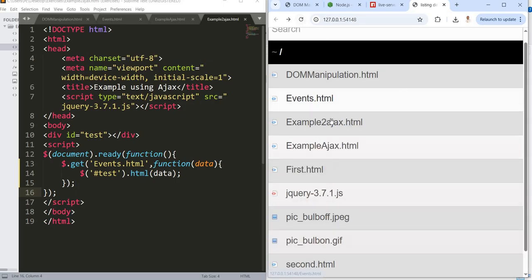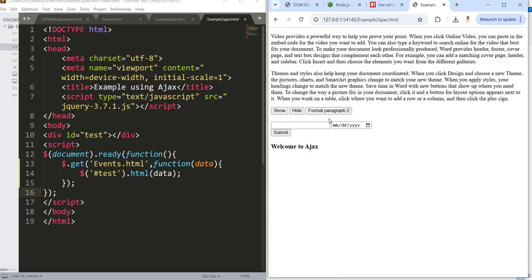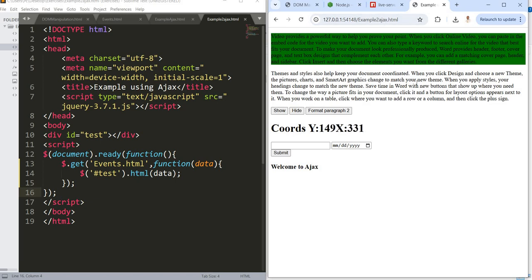So we refresh the server, it is here, example 2 Ajax.html, this one. So it is having the same source code. So meaning that the previous example and the current example can be rewritten differently, but still give the same results. Now let us see how we can